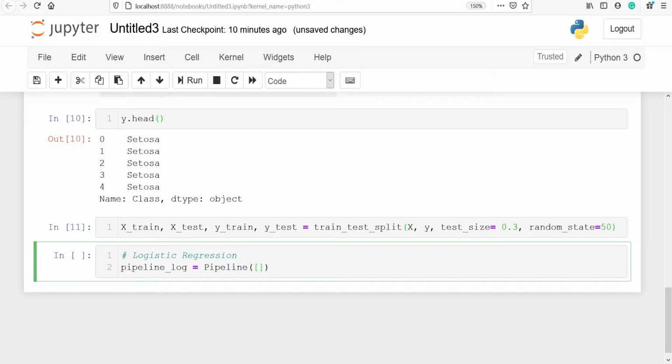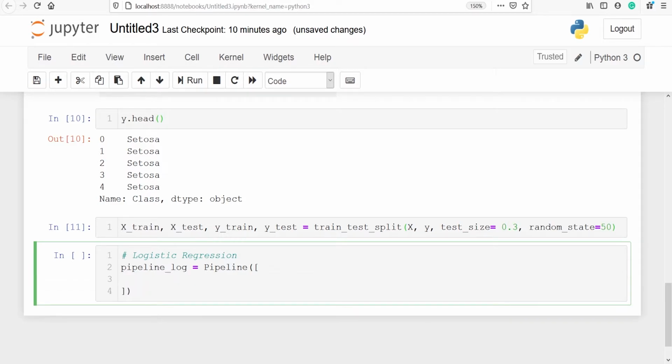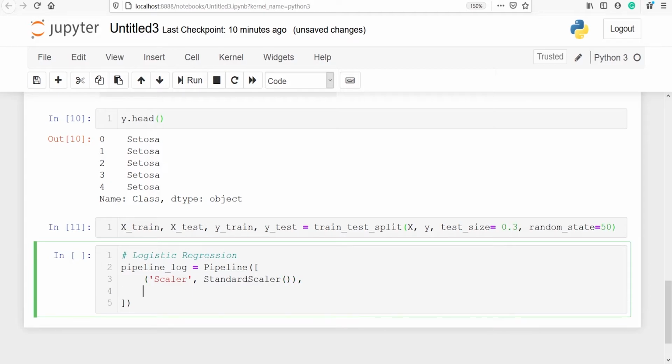So first I will type standard scaler, scaler is equal to StandardScaler, and then our algorithm, logistic regression.